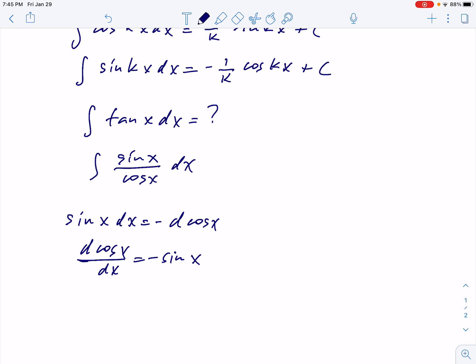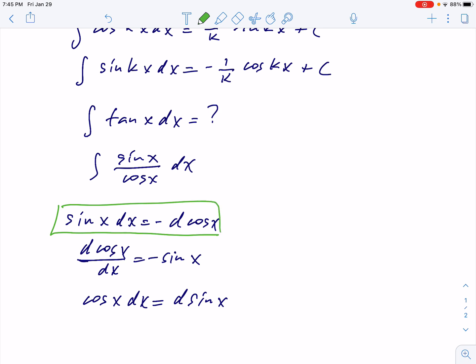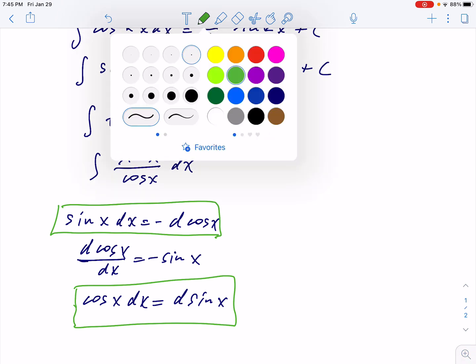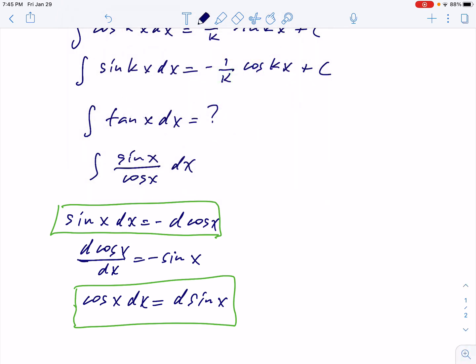Also, we have another important equation. If you have cosine x dx, we write this as d sine x using differentials. So I shall put these two in green. So this equation and also this equation. Now we are going to use such equations to evaluate